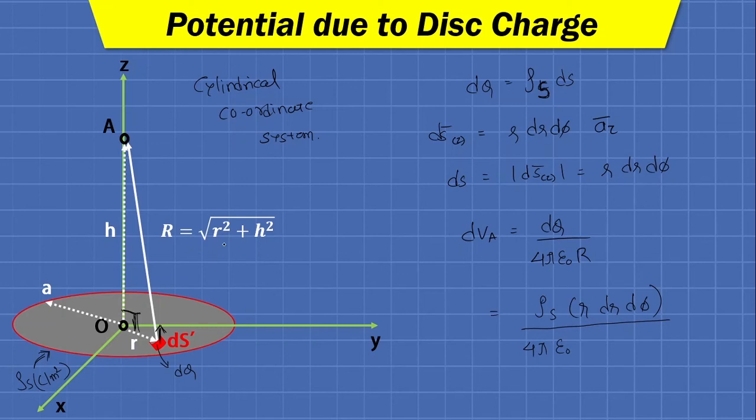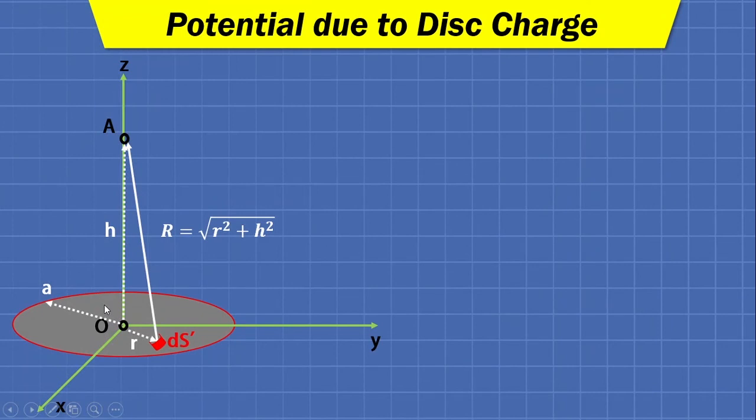In place of r we will write under root r square plus h square. So this is the differential potential at point A due to the differential surface element, and the total potential due to this whole disk can be written as,